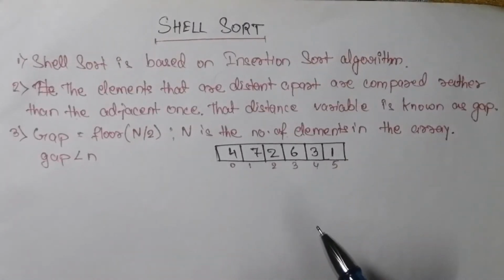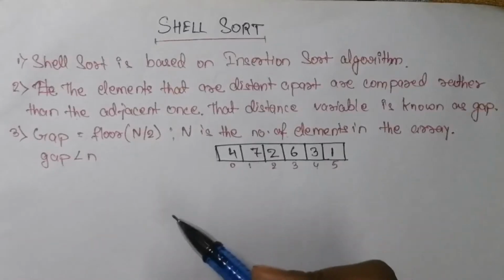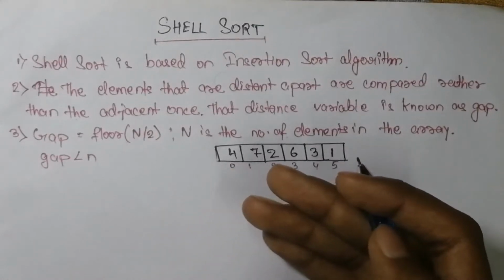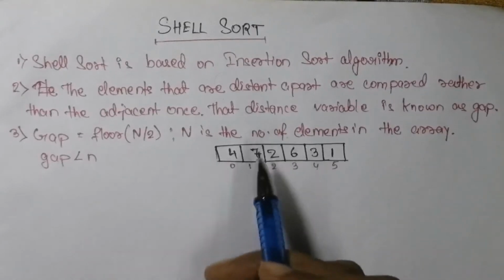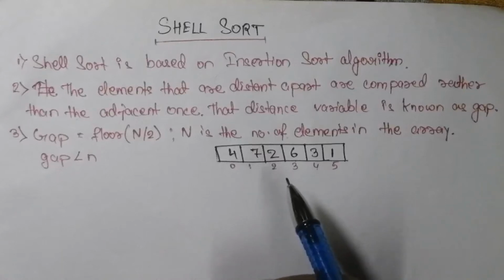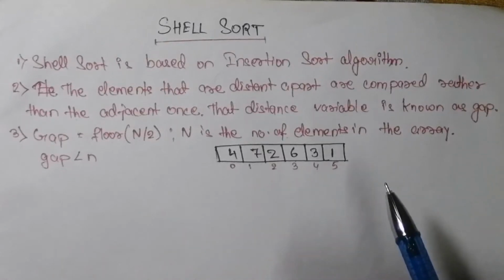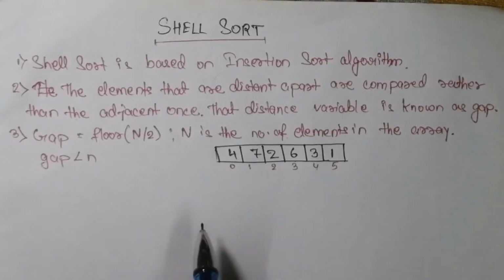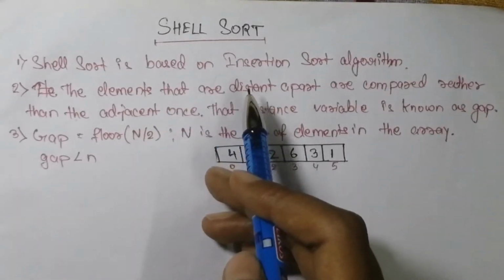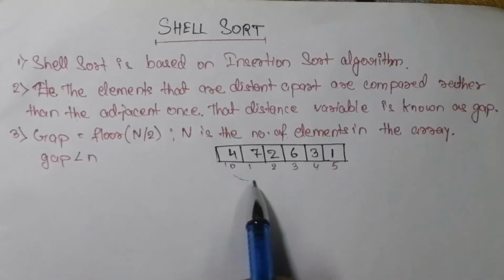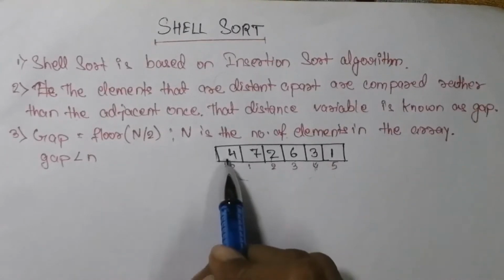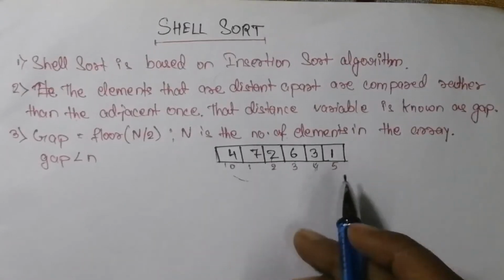So far we have discussed several sorting methods which are based on comparisons. And in all those comparison methods, the movement of data takes place between the adjacent entries only. So this leads to a number of redundant comparisons and data movements. To avoid these redundancies, Shell Sort is used, in which comparisons occur between numbers which are some distance apart. That means there are some gaps between the numbers to be compared.